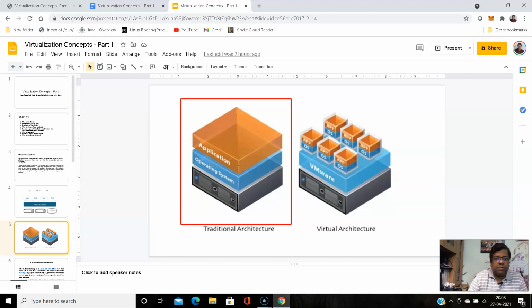So without virtualization, we install the operating system over the physical server box, then over that operating system we run different kinds of applications. And in a traditional mode, what we generally prefer is one application, one server. For every application we use an independent, separate, dedicated server.